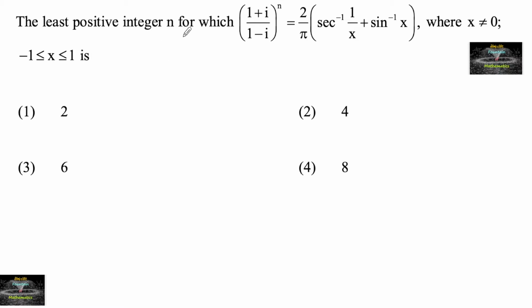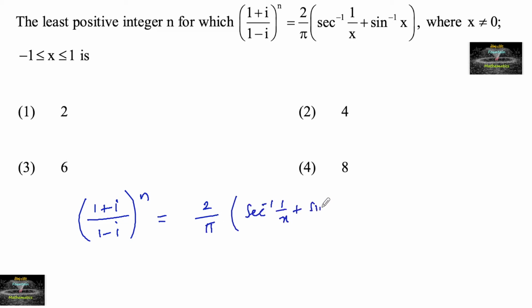Find the least positive integer n for which (1 plus i upon 1 minus i) to the power of n is equal to 2 upon pi times secant inverse of 1 upon x plus sine inverse of x, where x is not equal to 0 and x lies between -1 and +1. Since we know 1 plus i upon 1 minus i is equal to i, so i to the power n is equal to 2 upon pi times secant inverse of 1 upon x, which we can write as cos inverse of x